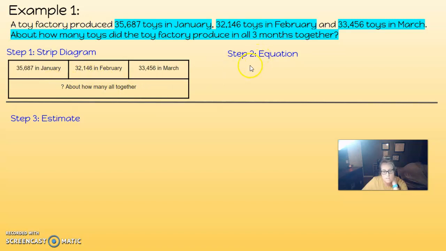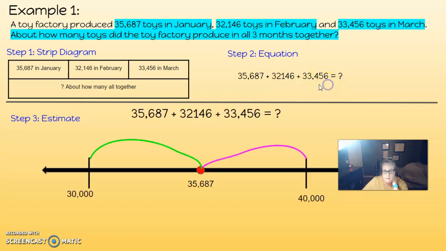What is my equation going to look like? If you said I'm going to add, you are correct. So I'm going to add 35,687 plus 32,146 plus 33,456. So the first thing I'm going to do is I am going to draw my number line for my